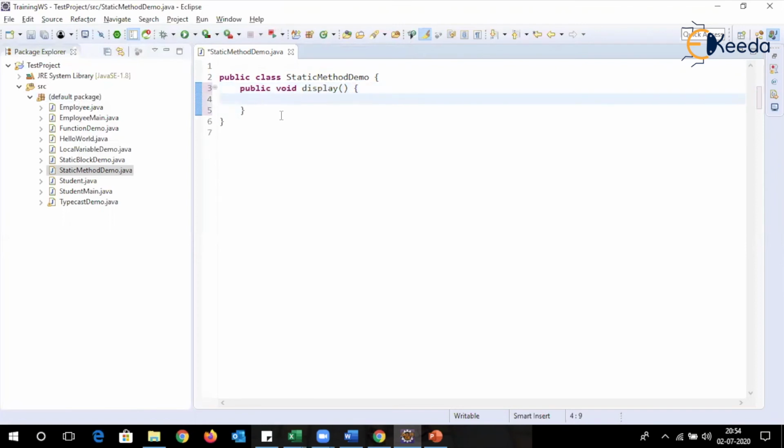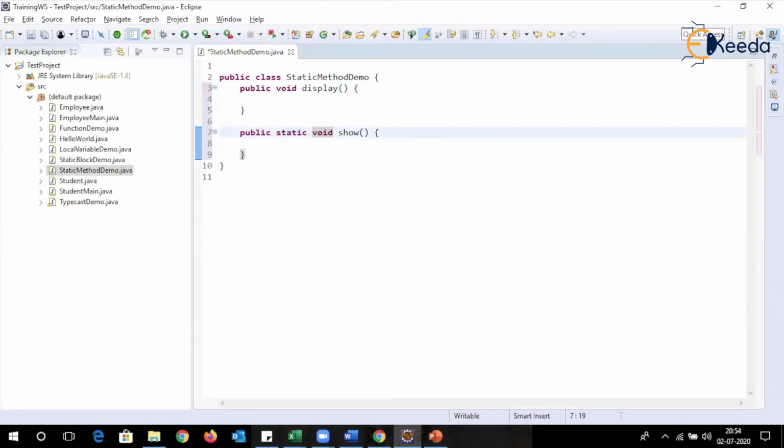This is one method, which is an instance method or non-static method, and public void show. And when I want this particular method to be a static method, we will make use of the static keyword,